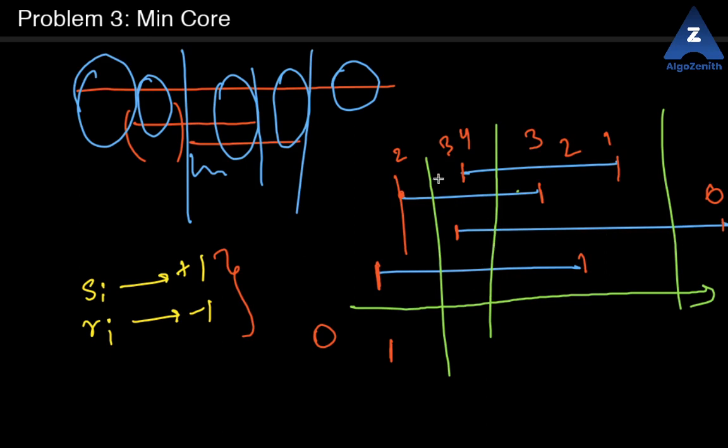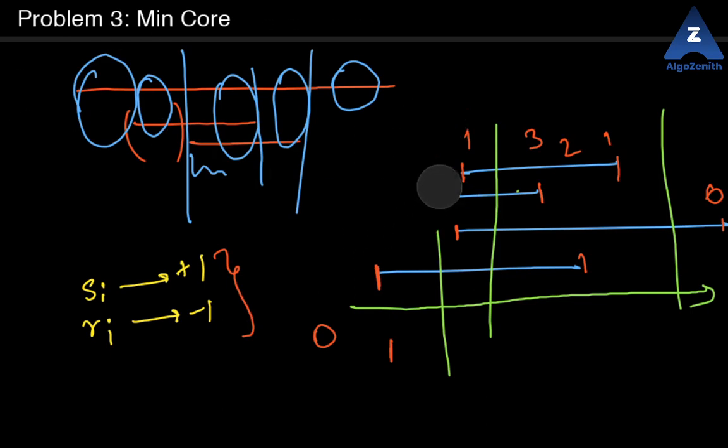In this process you see that there is a 4 over here, so this is the maximum intersection point that you can find in the range. Now in this case we had all of the points at distinct positions, so it was relatively easy to calculate things. Let's say you have something like this.